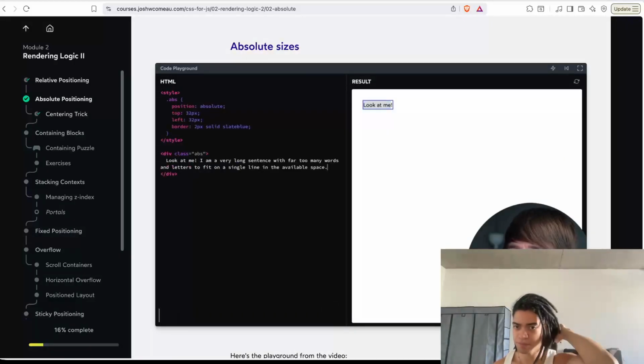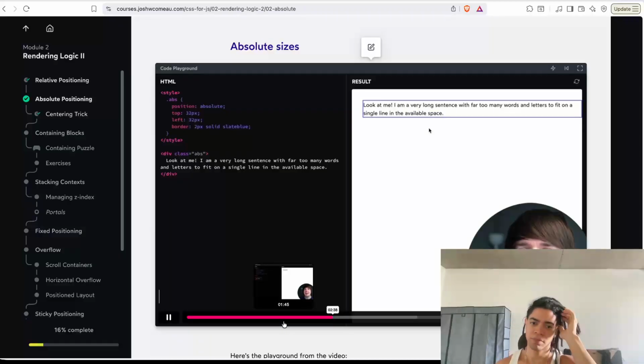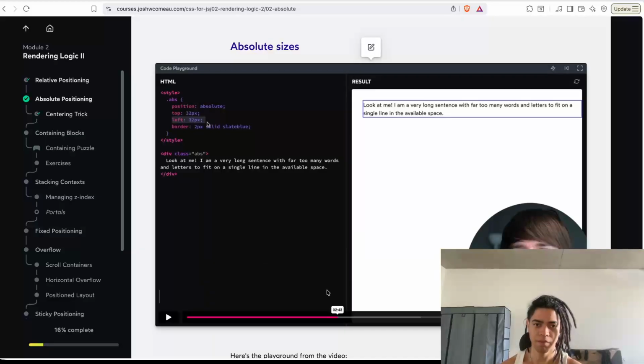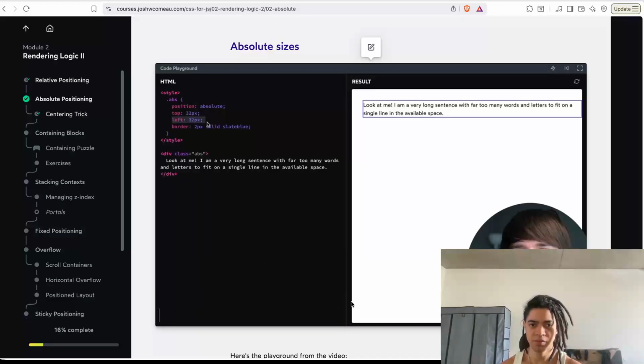But what if we have a lot more content? And this is where it starts to get a little bit interesting. I've given it a distance from the left, but I haven't. So for example, in this case here,